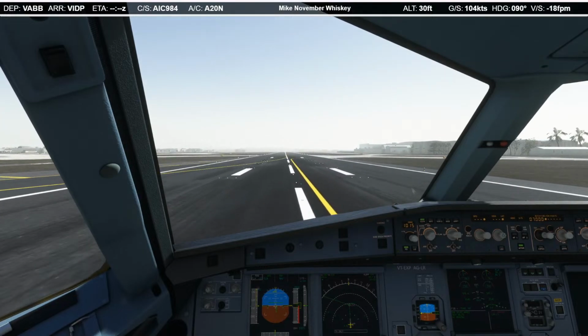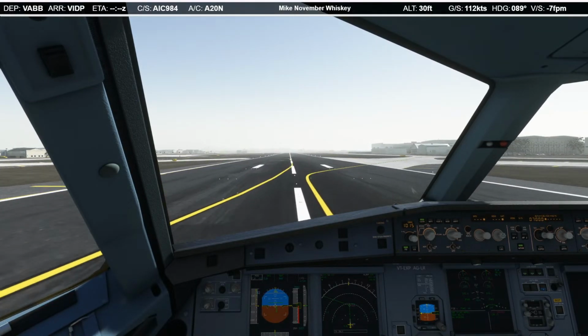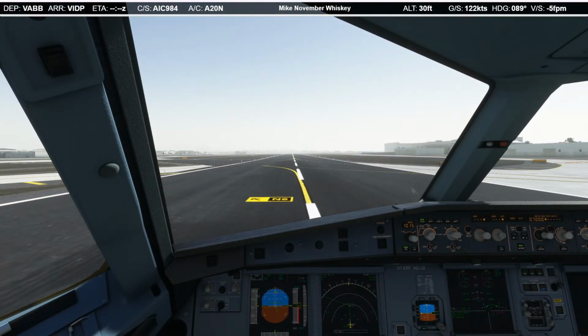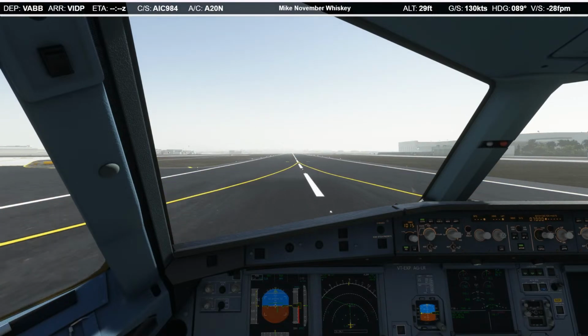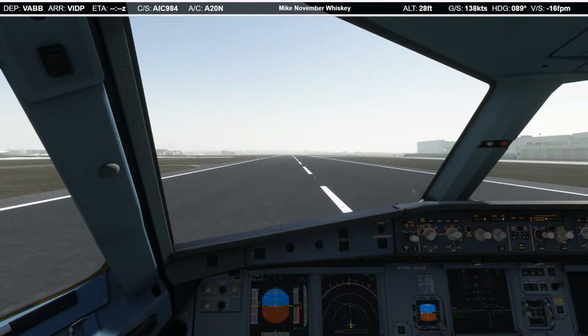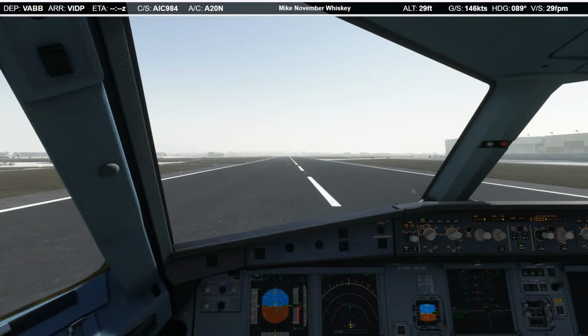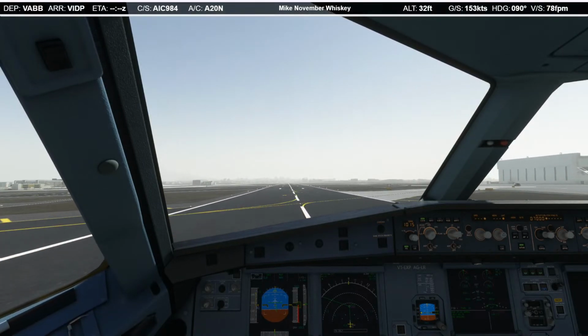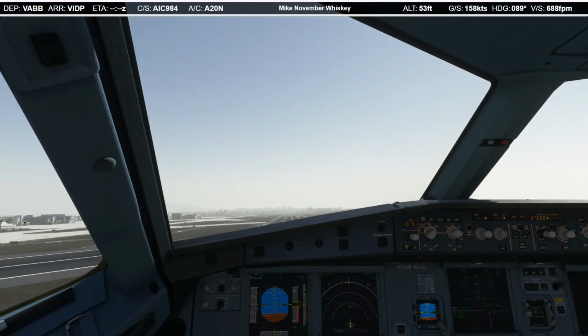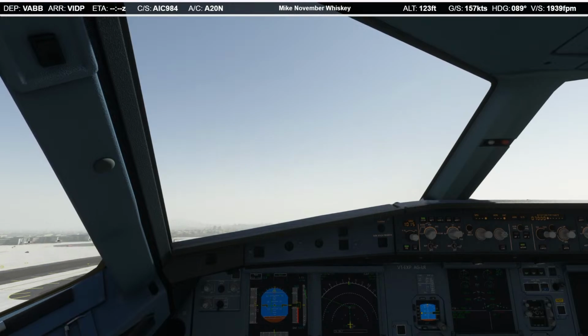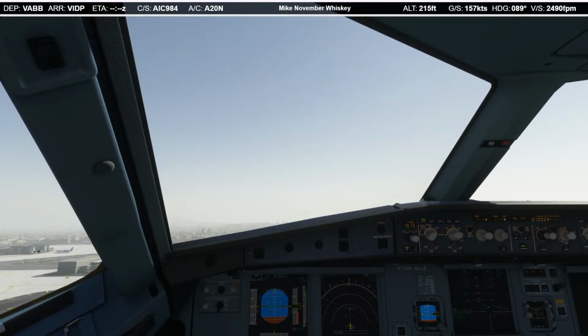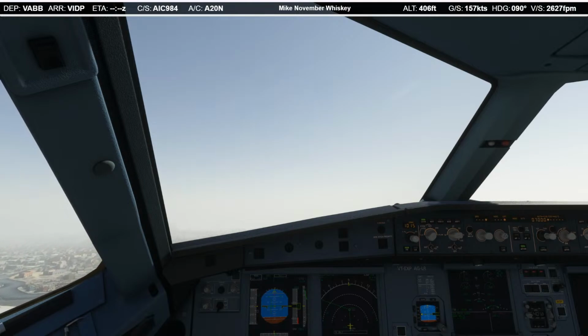Knots. V1, rotate. Positive rate, gear up. Bye-bye, Mumbai.